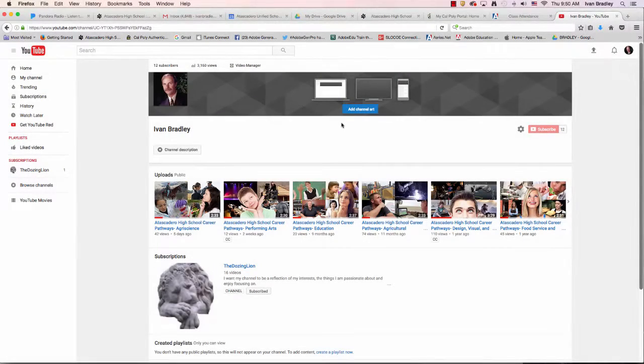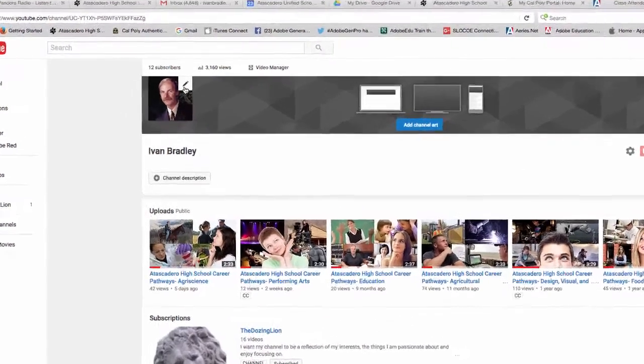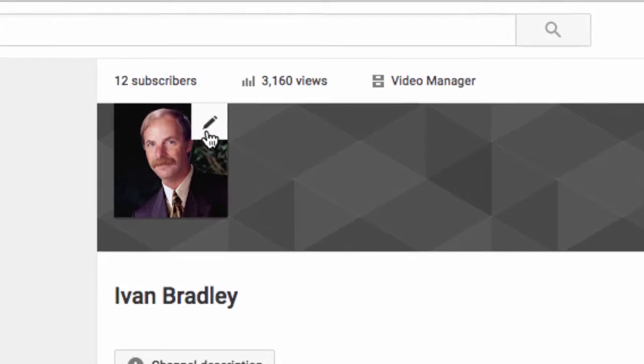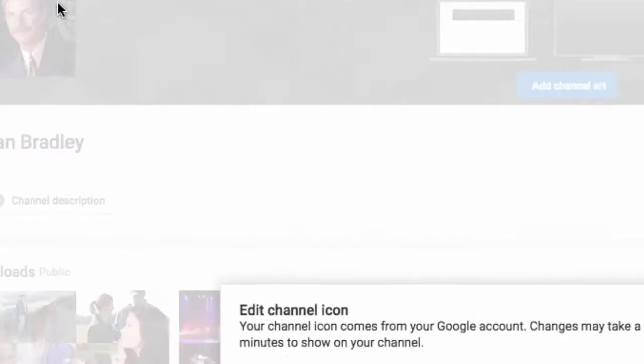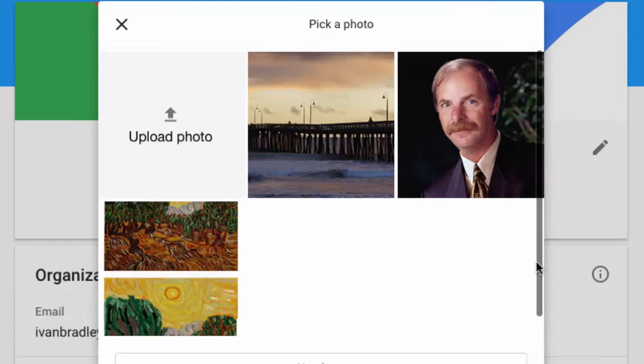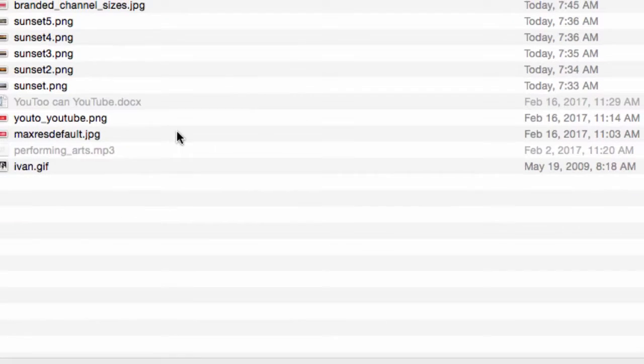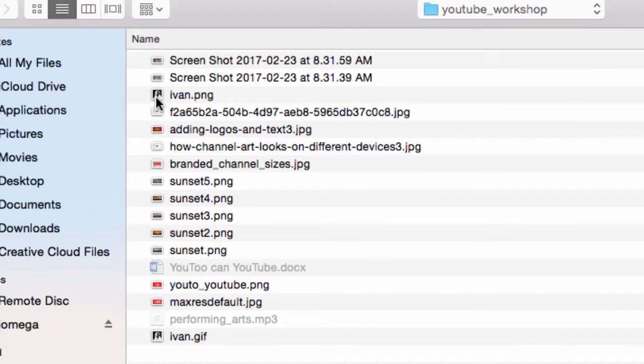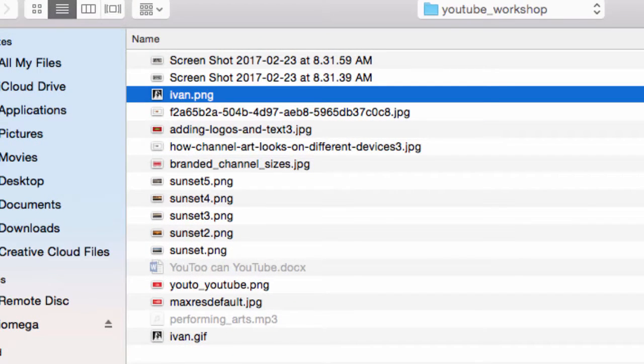To add the image to your channel icon, you'll notice when you hover over the icon that a pencil or editing icon shows up. So click on that and say you wish to edit. It may take a few minutes. It opens another window in which you have recent pictures, but also you can click on where it says upload photo and access the image that you wish to have. So here's the one that I'm going to change out